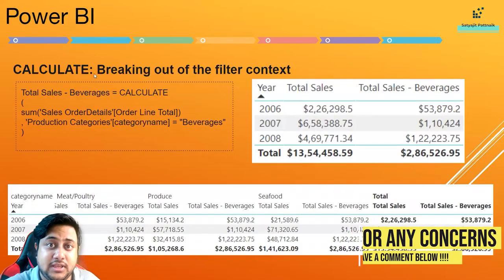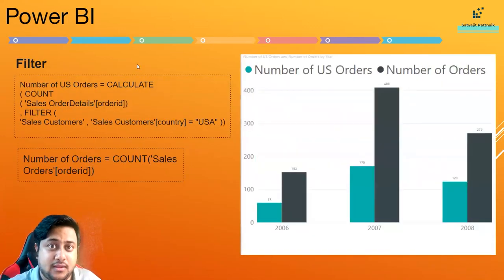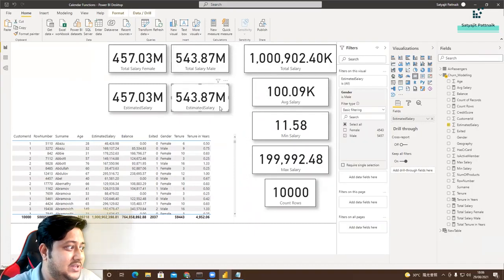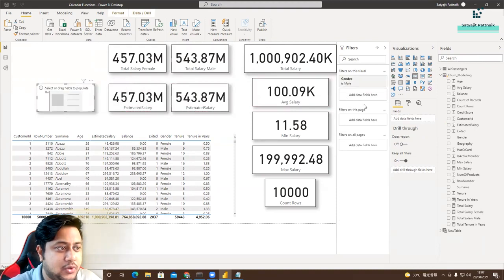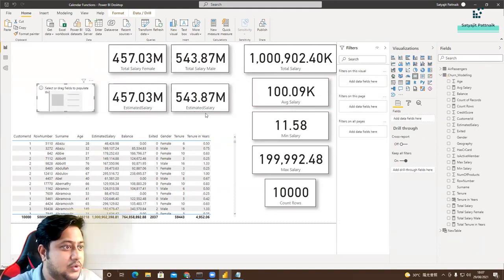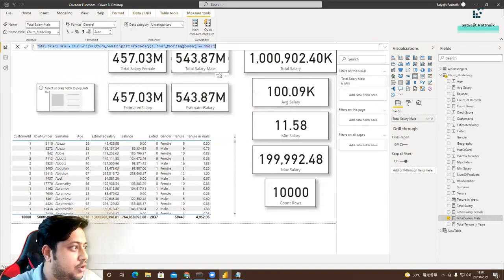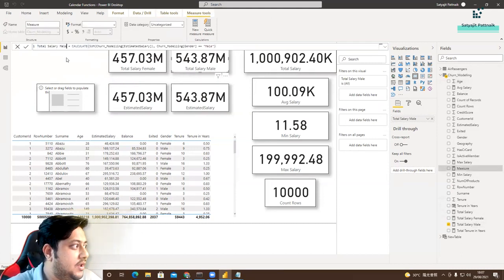I hope everybody understands the calculate method. There is another way to filter. You can also use a filter, something equals to something. We'll try to do that as well. So I will just do it for the male population. I will close everything, close the filter, and then I will go to my formula, copy paste it, create a new measure. Now, total salary male using